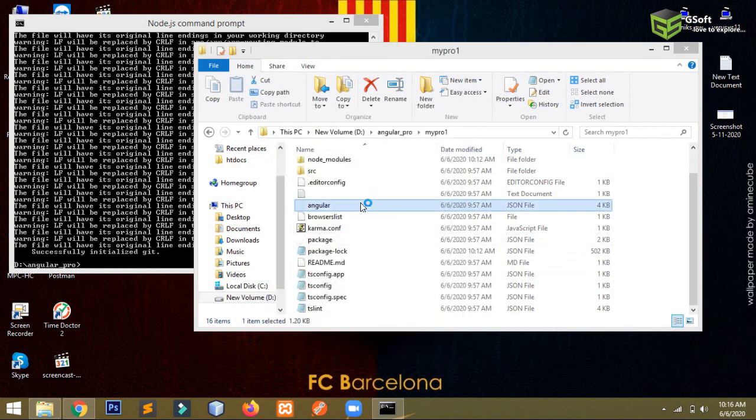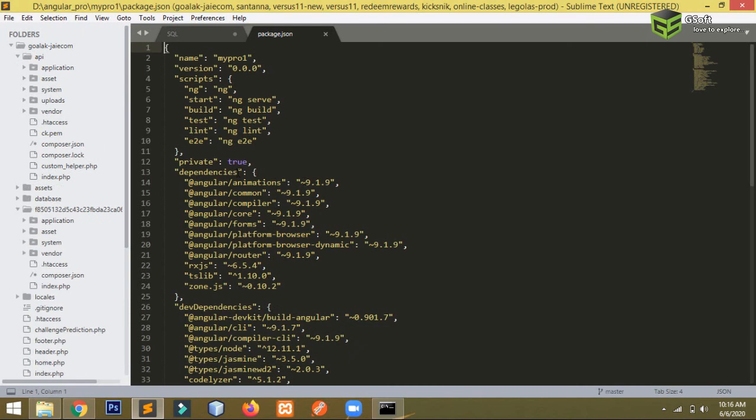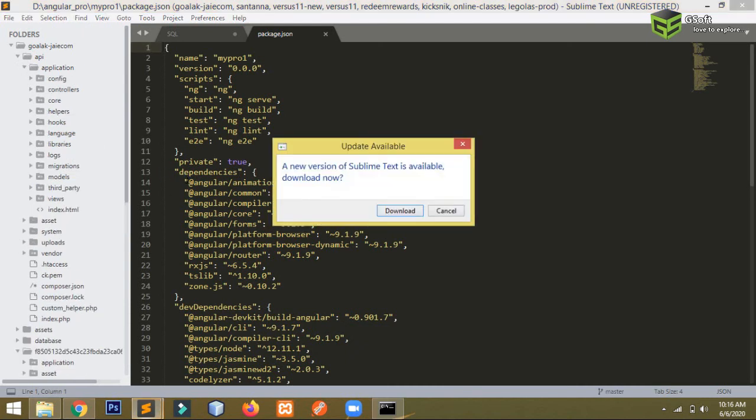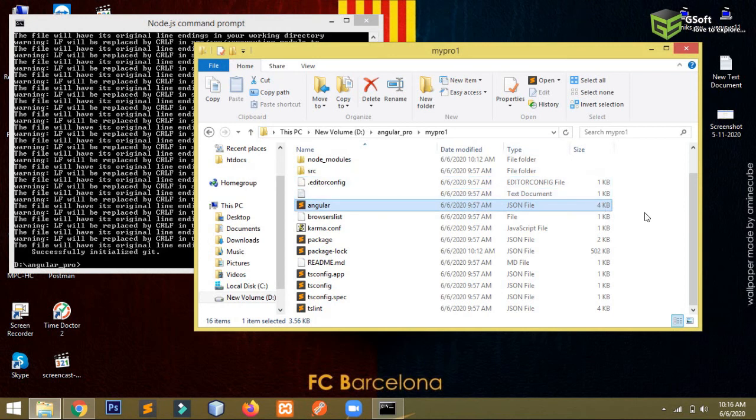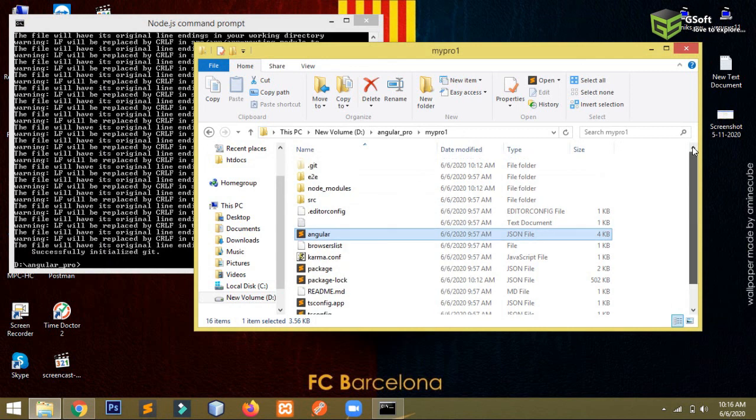I'm just opening it in my Sublime Text here, and you will be able to see all the packages which have been installed. These are all the dependencies. If you want to install any package, you can install, and that will be added here. So later on you can check what all dependencies or packages are available in this folder.